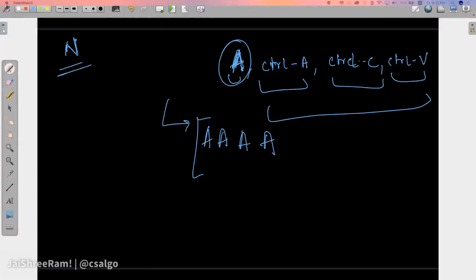Not necessarily, it's not always optimal. Let me give you an example of why it might not be optimal. I'm not giving you a big example, but I will give you a sense of why it might not be optimal. There might be a sequence where you press some number of A's, then you press Control A, Control C,